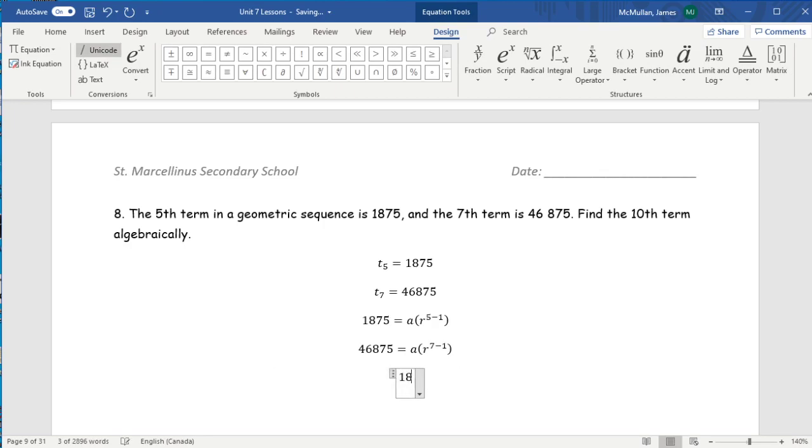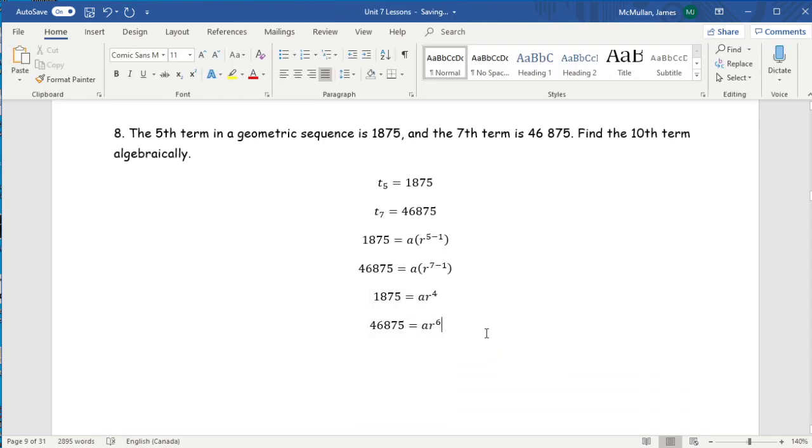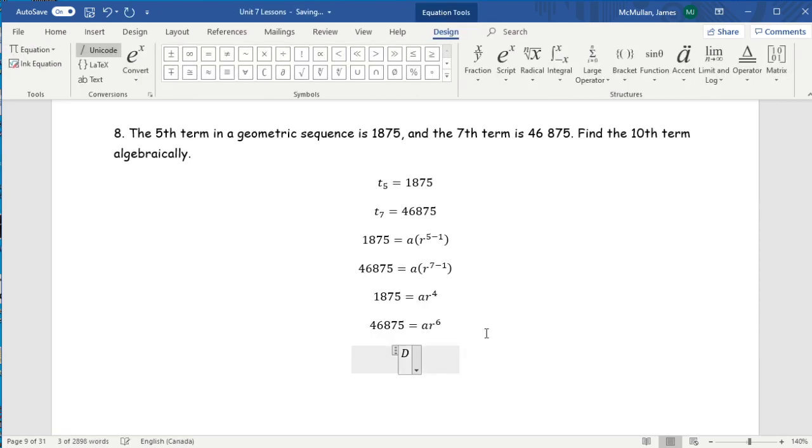Okay, so again, let's just write it a bit cleaner. 1875 is AR to the 4. 46,875 is AR to the 6. Now, you can't subtract these two equations. So what I suggest we do is let's divide. So what I'm going to suggest we do is let's take term 7 divided by